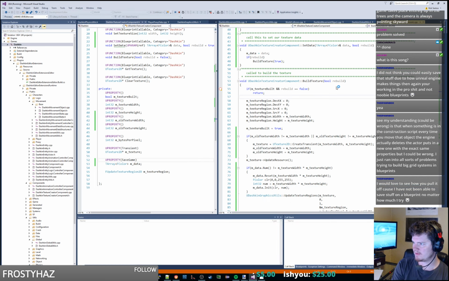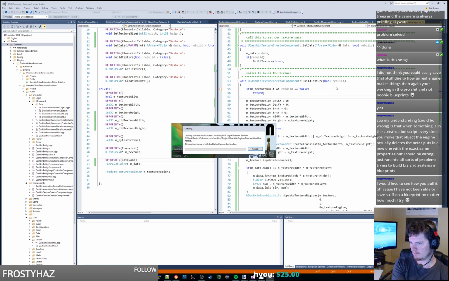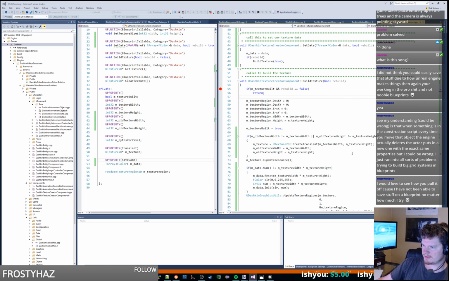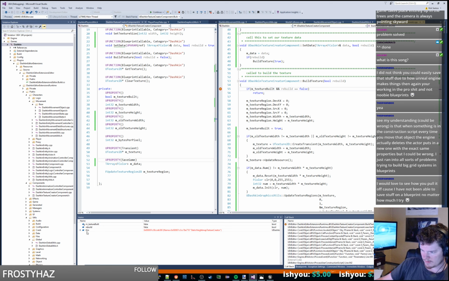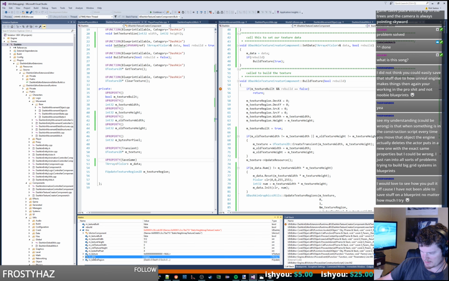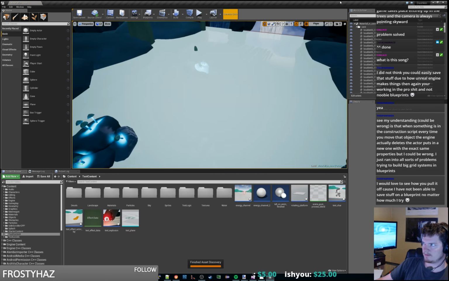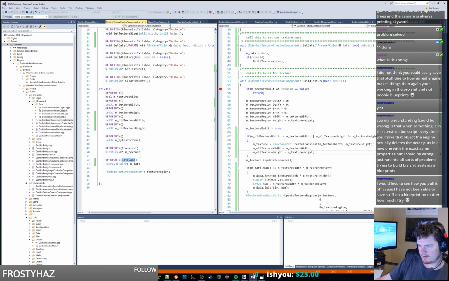Alright, so let's see if anything's saved here in this build texture call. Be surprised if save game didn't save anything at all here. Because your properties get saved, like, otherwise your level wouldn't work. So let's see what we got. Data's empty. None of this crap is getting set. And this doesn't get called again, does it? No, it doesn't. Alright, well let's see if it's something it has to do